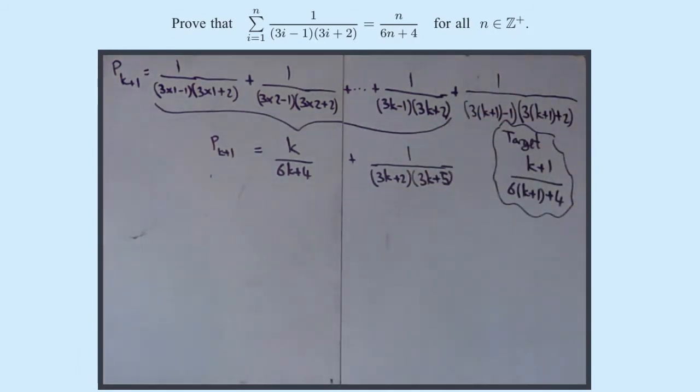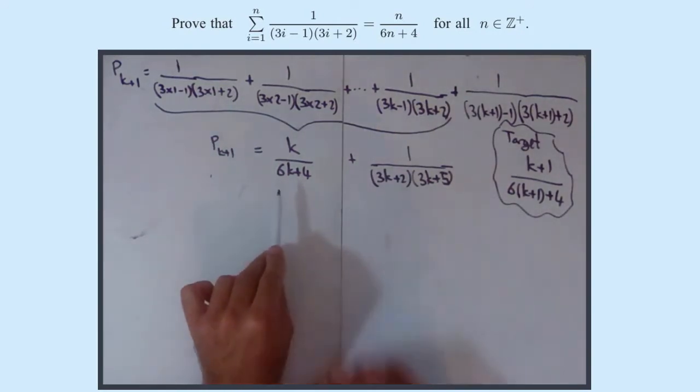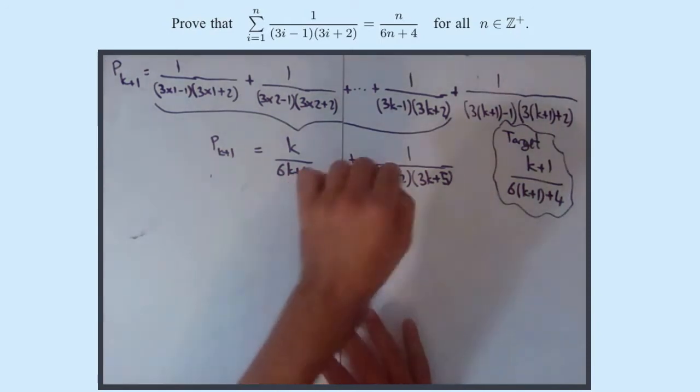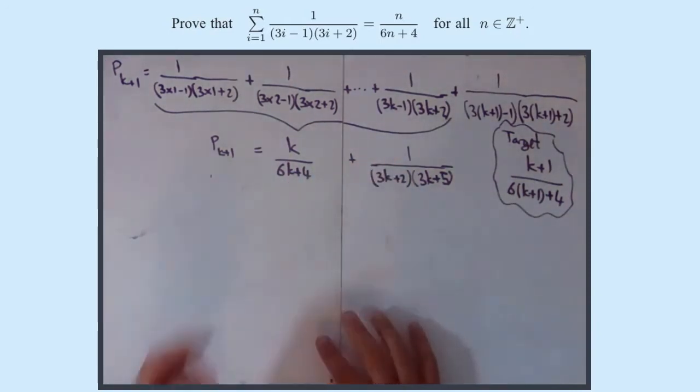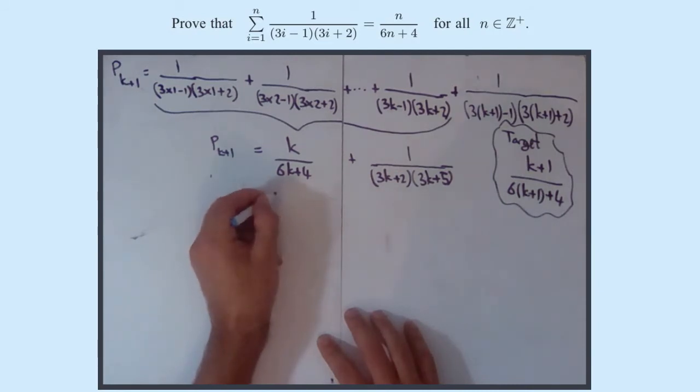So right now we don't have that, so we're going to have to do some work, because we don't have a k plus 1 on the top or on the bottom. So how are we going to add these things? Well, if you look at this 6k plus 4, you can already say that is 3 times 3k plus 2, so you can see we can get towards a common denominator, which is quite handy. So that equals k over